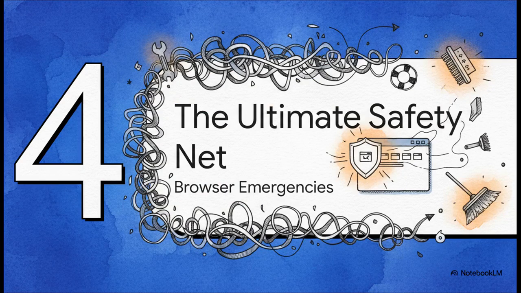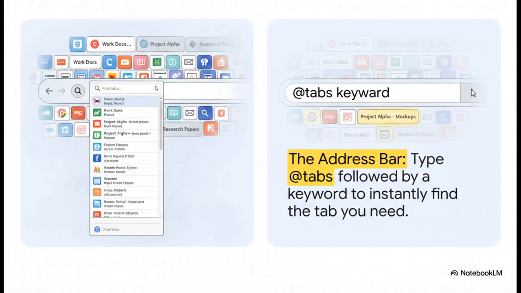Okay, but what happens when things just get totally out of hand? You know, despite all your best efforts. Let's talk about the ultimate safety net, the tools you need for browser emergencies. So you've got dozens of tabs open, and you just can't find that one invoice. Chrome gives you two amazing ways to find it. First, look for the little down arrow in the top right corner of your browser. Click that, and you get a searchable list of every single tab you have open. Or, even cooler, go right to the address bar, type @tabs, and then your keyword, like invoice, and Chrome will